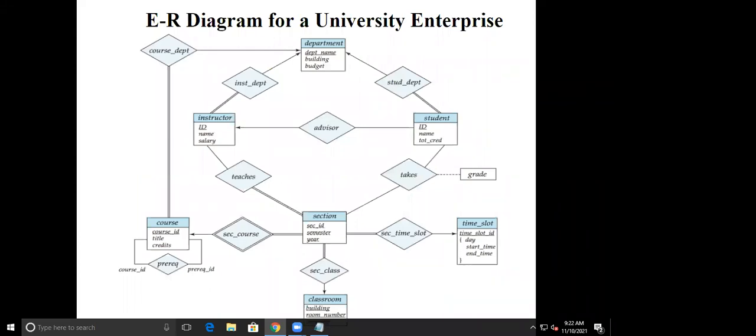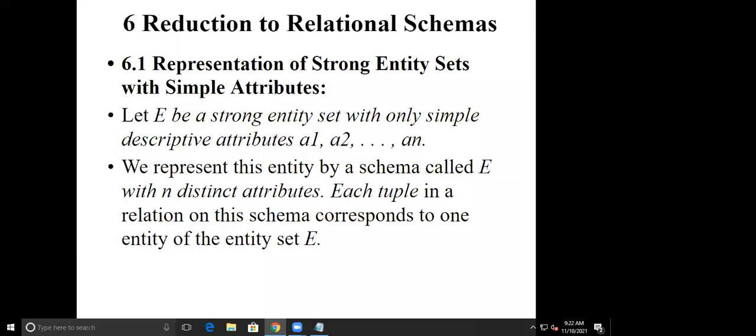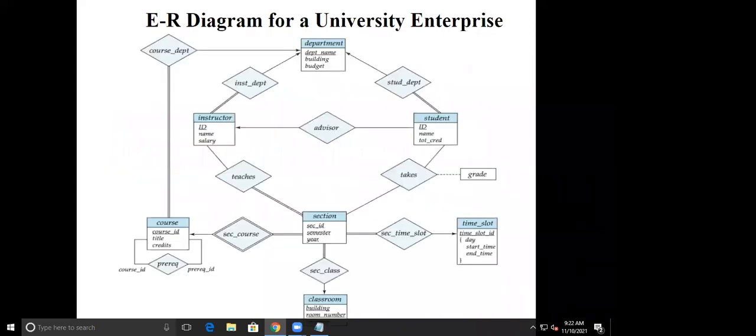So I need a software which will be able to convert this given graphical representation into some structure where I can store my data. Okay, so for this purpose we are converting this entity, we are converting this relationship, we are converting the keys. Each of these has a representation in the relational database, the relational model, and then I'm able to actually store the data.